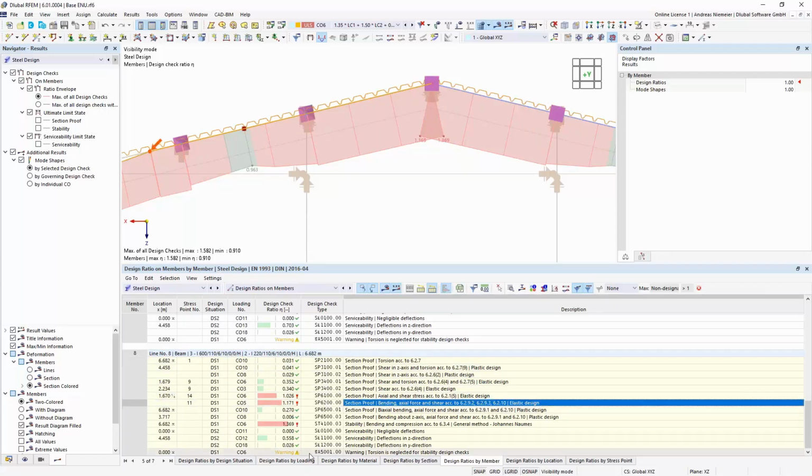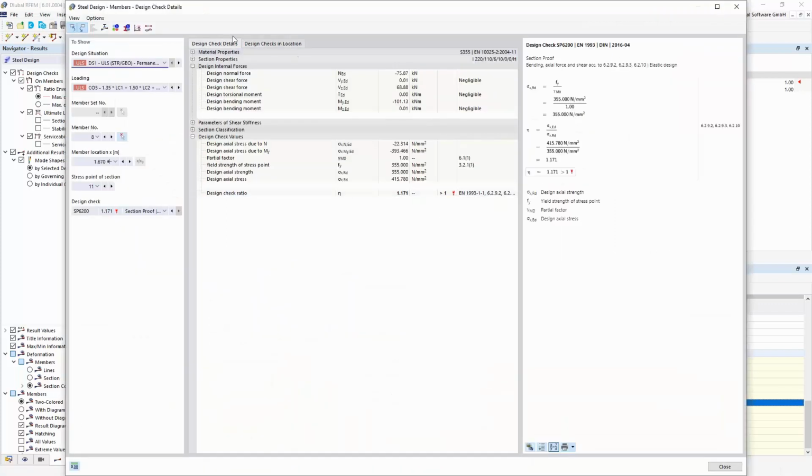If we go to this check here and open the details, you will get an overview about which values lead to the utilization, which internal forces are used, and you also get on the right side a display of the formulas, how the program comes to this value with a clear description.